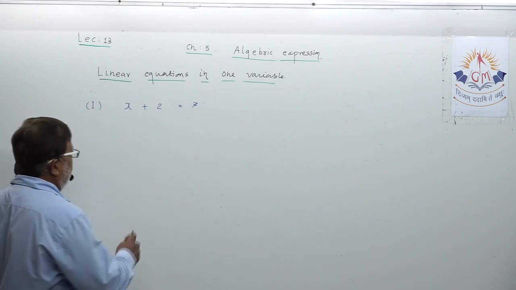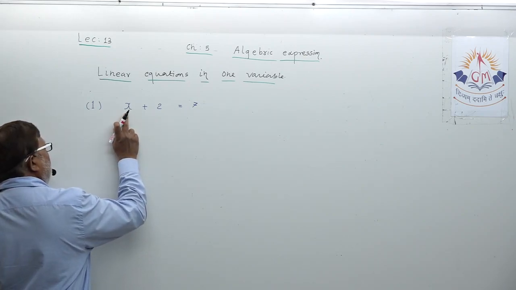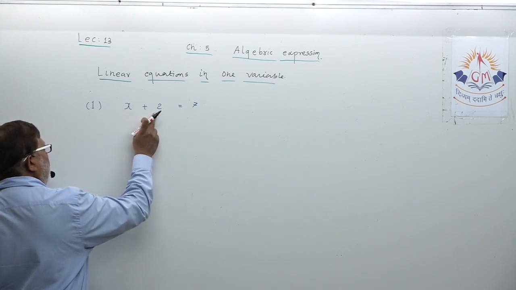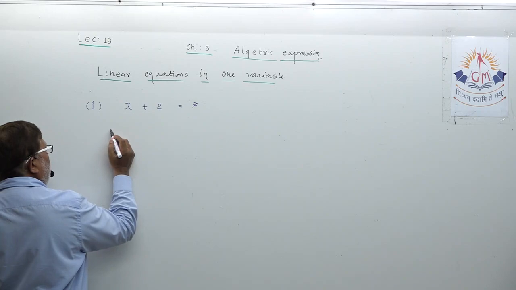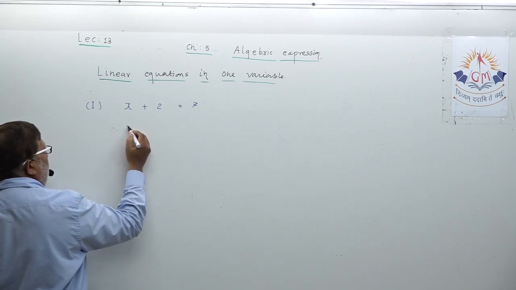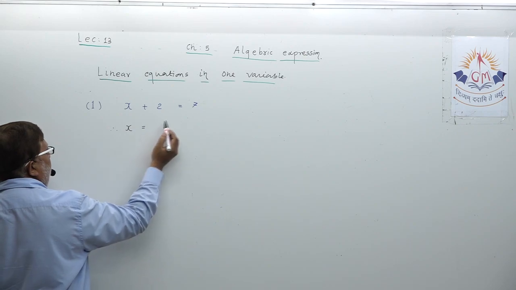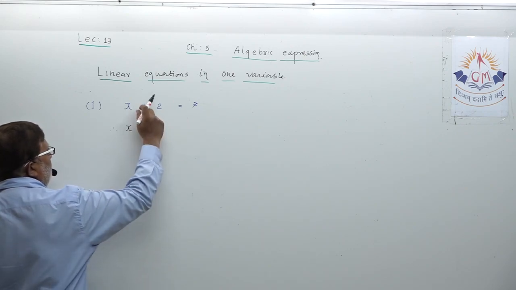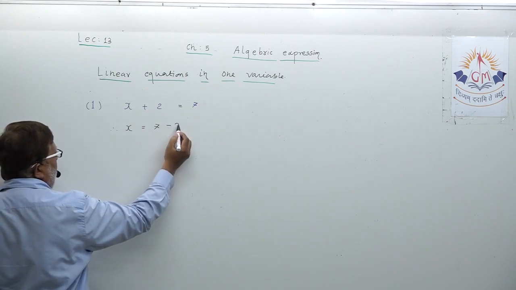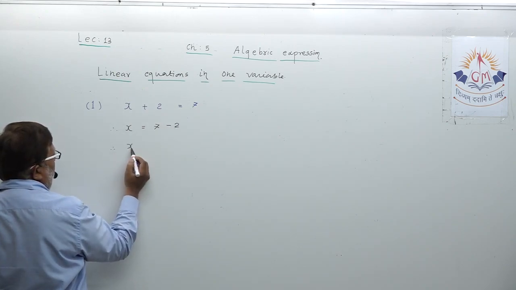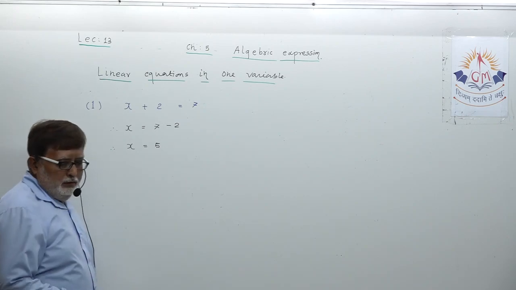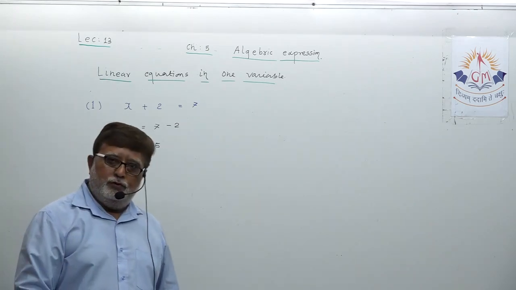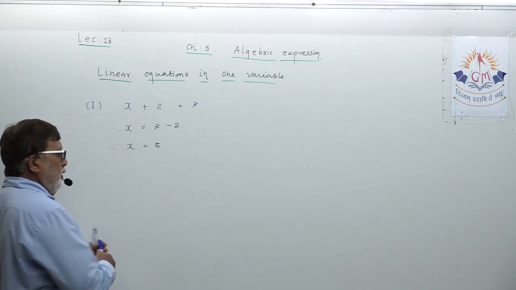How can you do it, dear student? Because you want to find the value of x, the rest of the terms or numbers have to be transferred. And when you transfer a number, a sign change always takes place. 7 as it is, plus 2 transferred becomes minus 2. So you get x equal to 5. This is the solution. Simply this can be called the solution of the given linear equation.